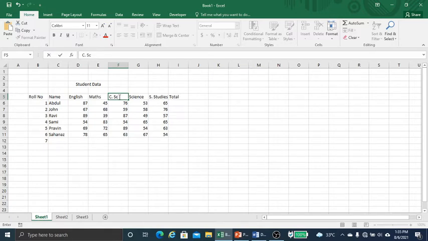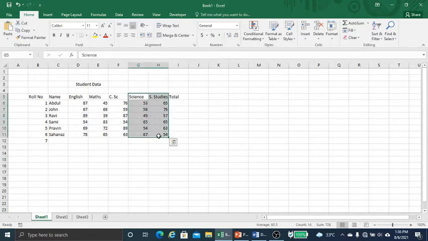Now how to move the cell values? Suppose I want to move this part. First we'll select the data in the workbook.